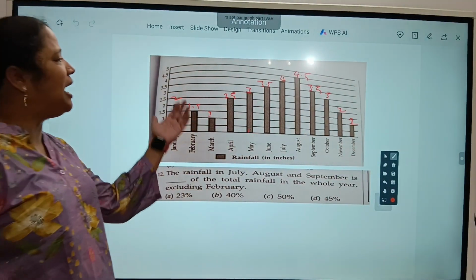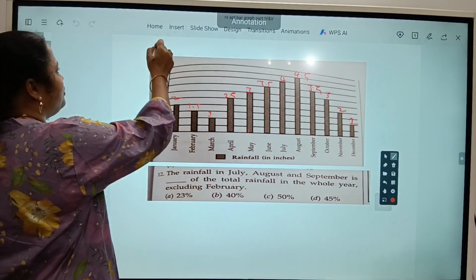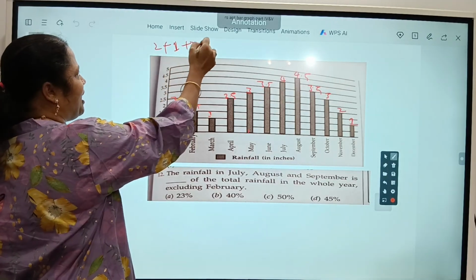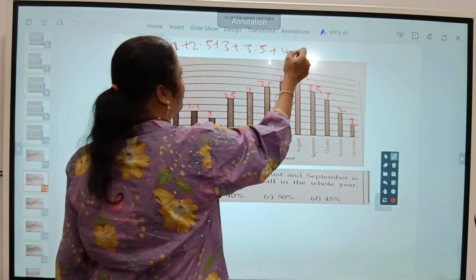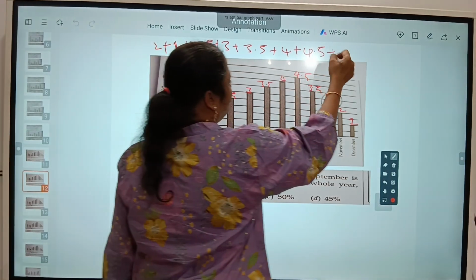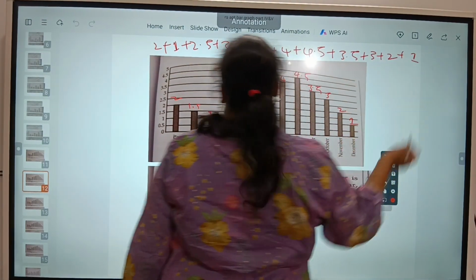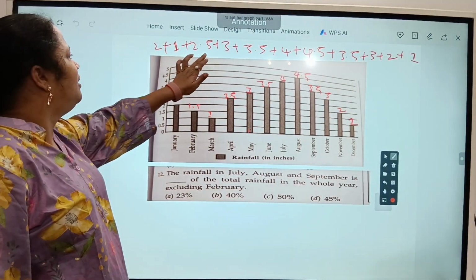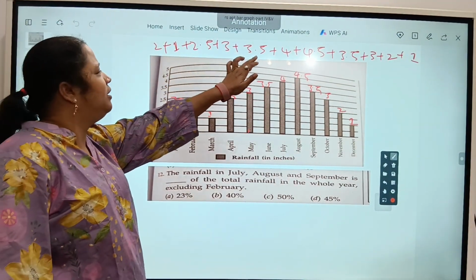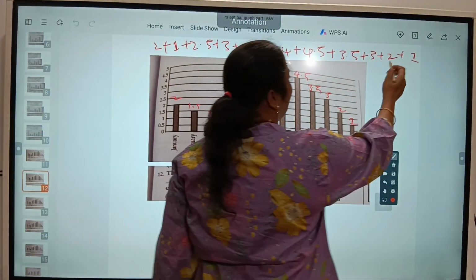Now we have to add up all these values excluding February. If you sum up all this: 2 plus 1, 3, 5.5, 8.5, 12, 16, 20.5, 24, 27,